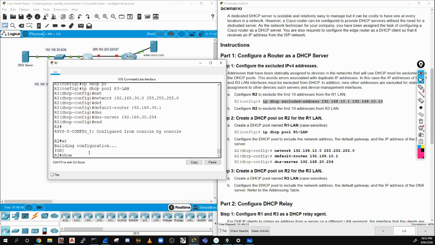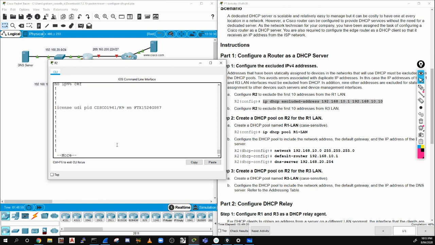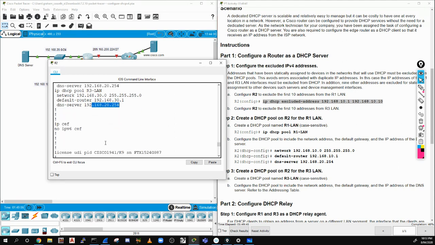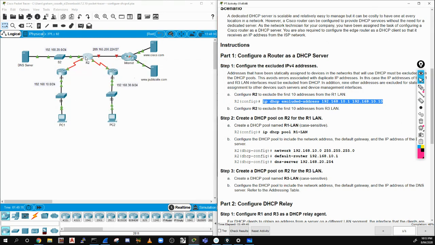Let's have a look at them. Here's our excluded addresses for our 10 and our 30. Here's our first pool, the addresses it's going to hand out, where it's going to get the addresses from. And then we've got our pool, the addresses, the routers, the default gateway, and we've got our DNS server. Now that's set up on this router,